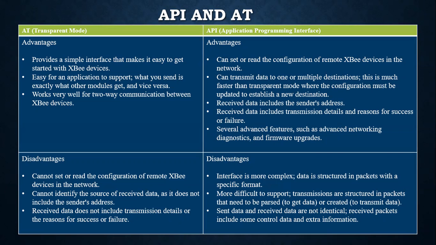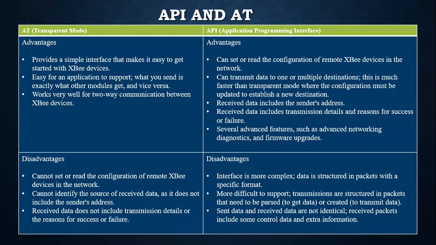With this, we can actually manipulate how data is sent. It's a little bit complicated, but it is very rewarding as there are many advanced features, as we're able to receive data and even see any reasons for how the data has been sent or not sent to its